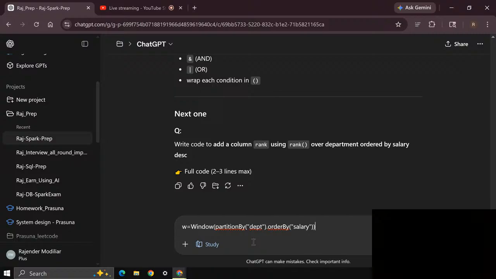I need to add a column next. This is a literal function definition, like a window definition.